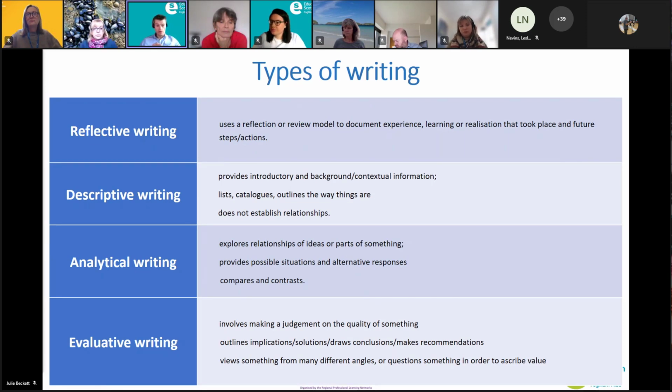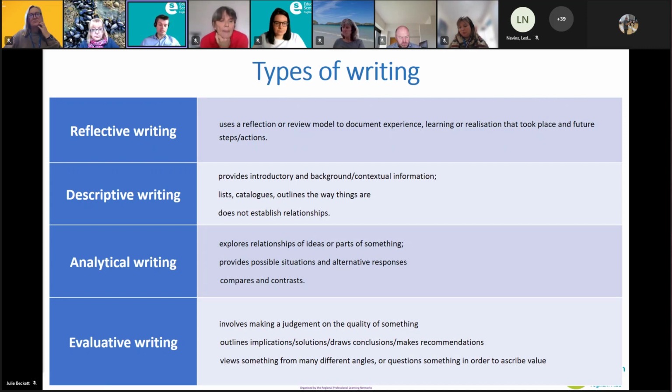Going beyond that, analytical writing analyses what's going on in a given set of circumstances. It looks at the parts that are involved and highlights what they do. In many ways, analytical writing has similarities to evaluative writing. However, there are a few differences. Analytical writing looks to break up what's been done into parts that can be understood by the reader. It's presenting an in-depth study of information, comparing and contrasting it. It looks at this information and asks the why and the how of what's going on, while also leading into proposing solutions to the information presented.